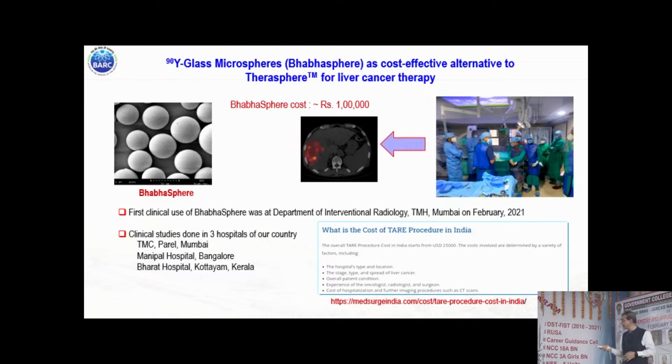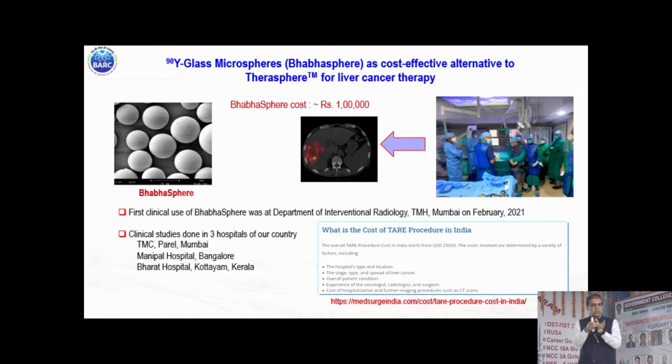It is again a glass microsphere prepared through a collaborative effort in BARC with the Glass and Advanced Materials Division. They have the expertise in making this kind of microspheres. These are very small spheres made of glass, and what we have done is that we have put yttrium-89 inside